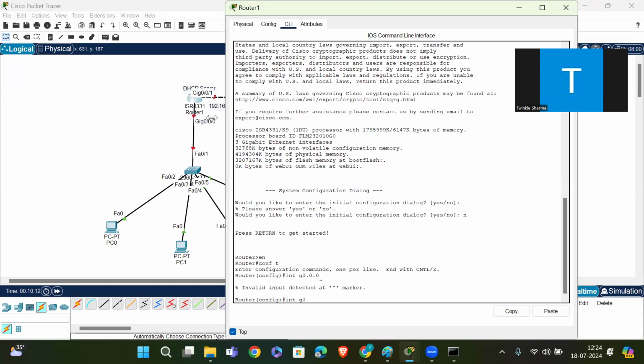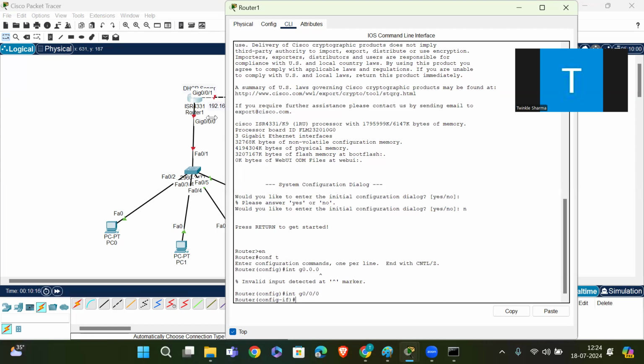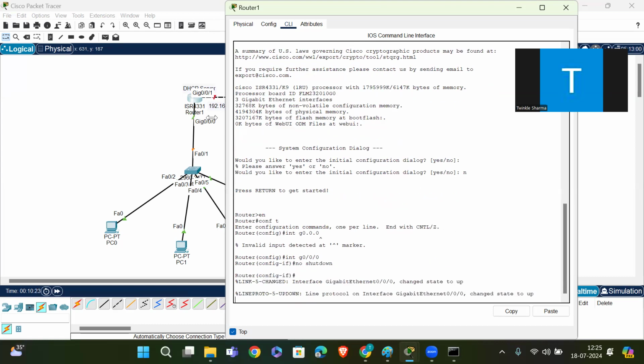G0/0/0. Then no shutdown. Okay, manually we have to bring up the interface. Okay. Now I have to assign the IP address.